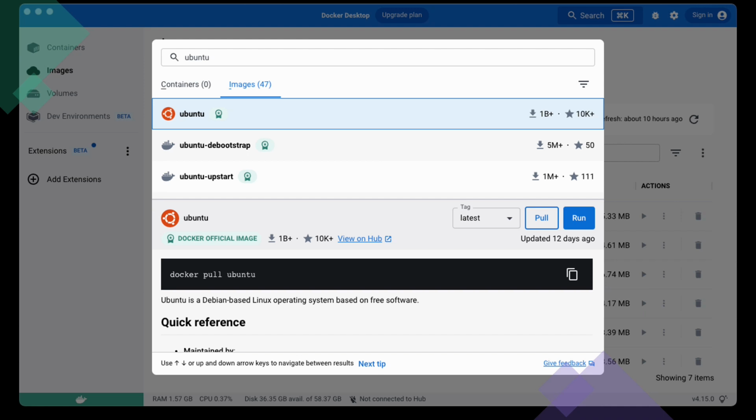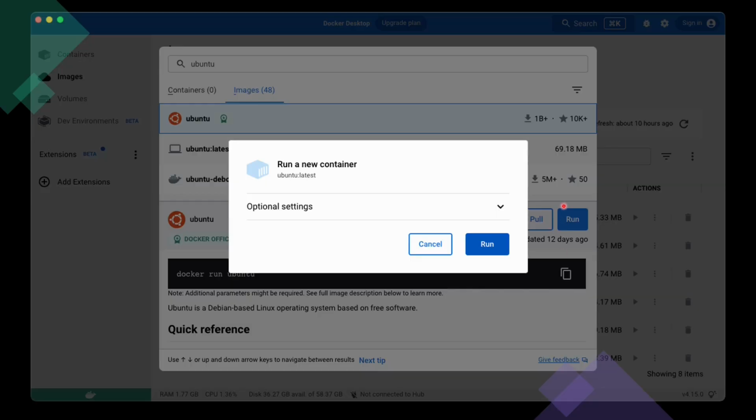Running a web server is probably not what you want to do with a container. Where can you find images that do things you want to do? Click the search box and the Images tab to search for it on Docker Hub, a website that hosts thousands of images. Say you want to download the official Ubuntu image from the hub, just click the pull button to download it from Docker Hub to your local disk, and the run button to create and run the container from